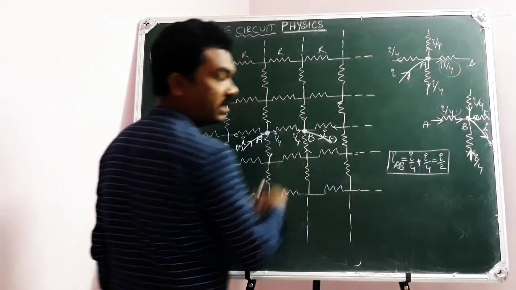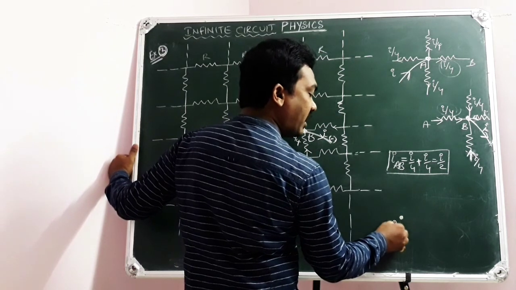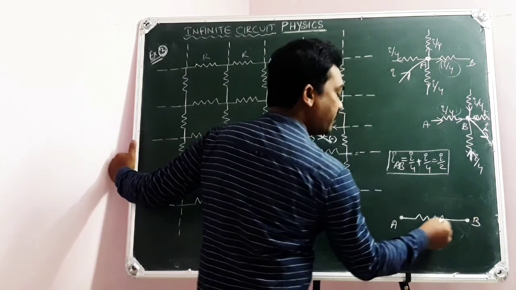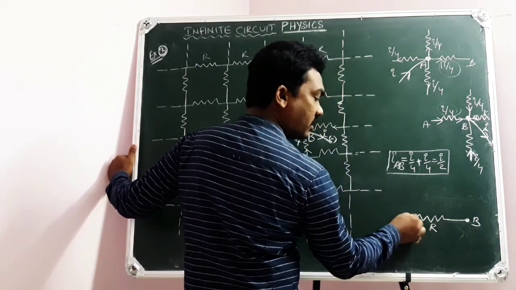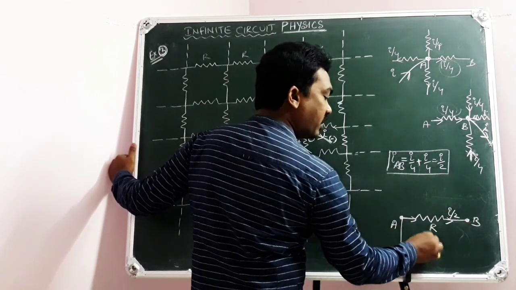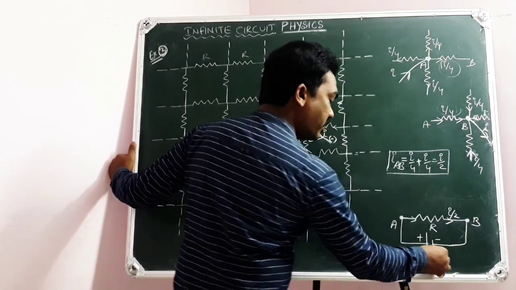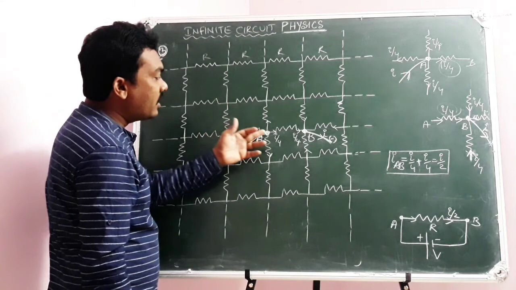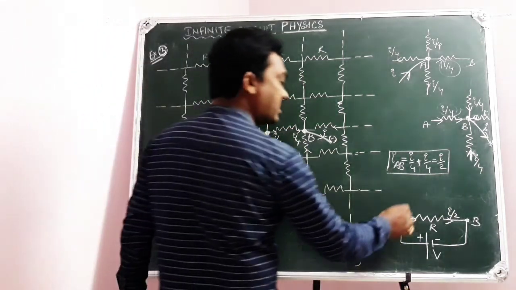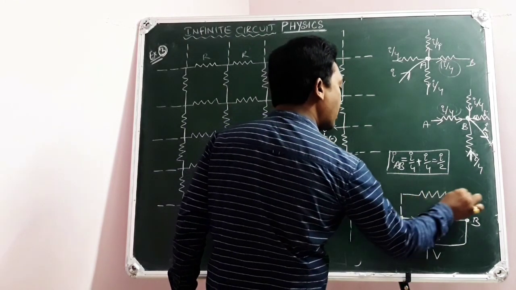So if I am going to draw the equivalent electric circuit, this is AB. In between there is an identical resistor R through which I can expect I by 2 current, where the terminals of AB are given to a cell or battery whose voltage is V. Now across AB there are an infinite number of resistors. Suppose they give an equivalent resistance RE.